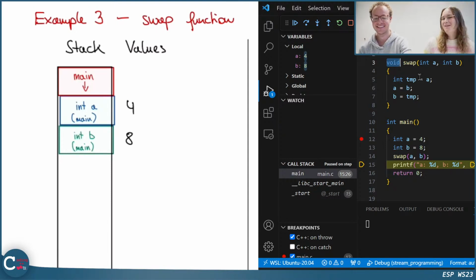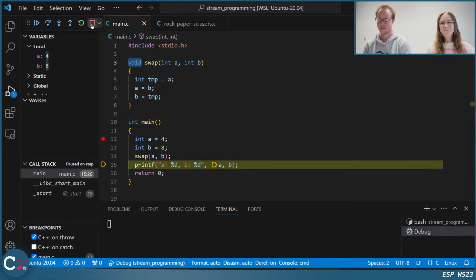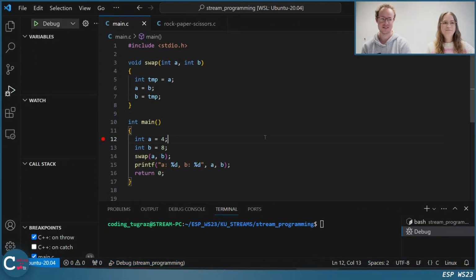I think we're not prepared to tackle this problem yet. So we really have to wait for the lecture. But maybe next week or in the lecture. Yeah, in the lecture, I'm pretty sure. But maybe you can explain what happened here and how this is called now, the way the parameters are passed to the function.